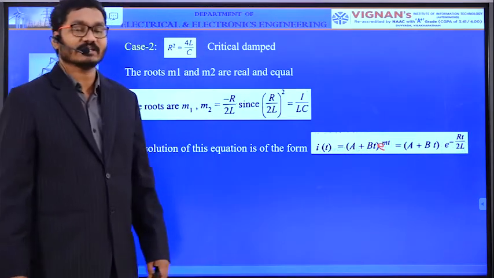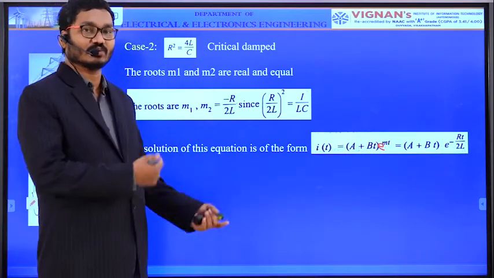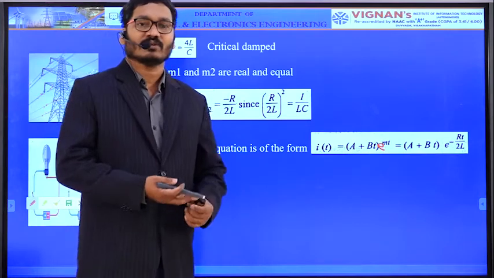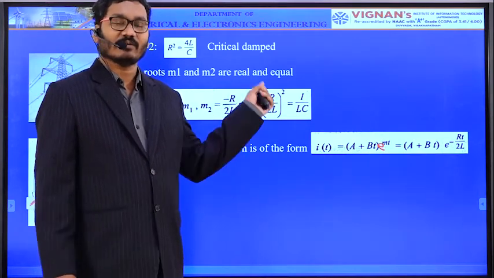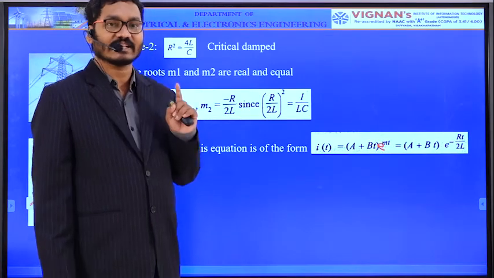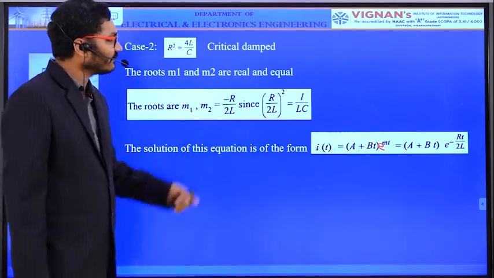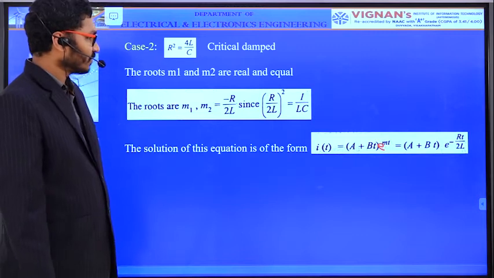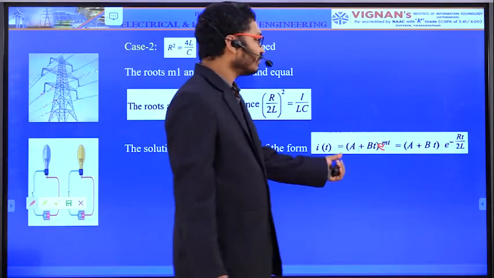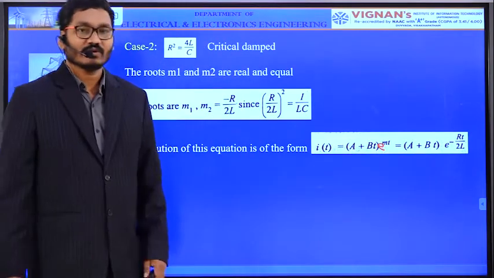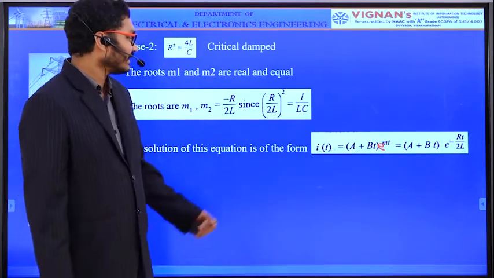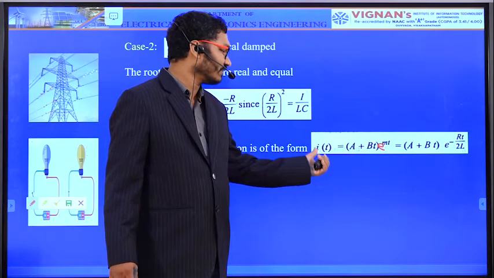Now we have to eliminate a and b. This is case 2. Suppose in a problem the RLC values are specified, then definitely you will have only one case out of these 3 cases, but I am explaining all cases for the derivation. How do we eliminate the a and b values? By using initial conditions. At t equals 0, already we know i of 0 equals 0.